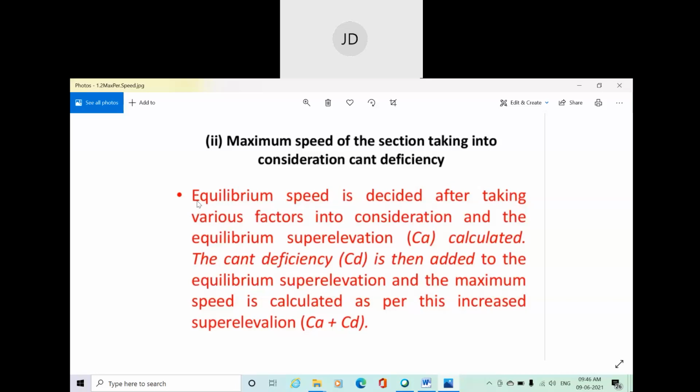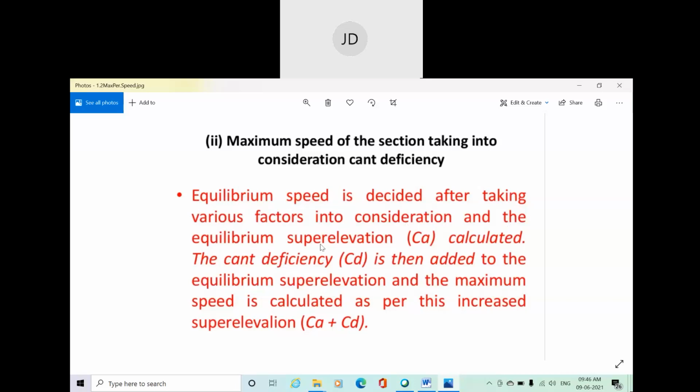First, we need to find out the equilibrium speed of the train. That means just the minimum speed that is required for the safe movement of the train. That first we need to find out. The equilibrium speed is decided after taking various factors into consideration, and the equilibrium super elevation is calculated. So based on the equilibrium speed, first